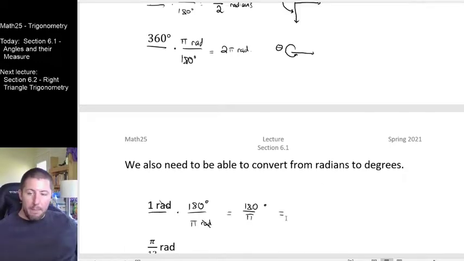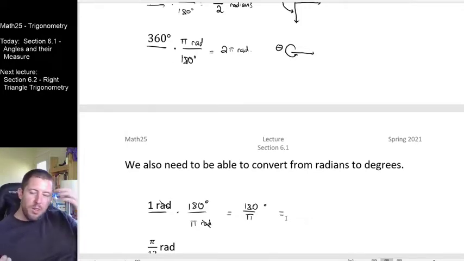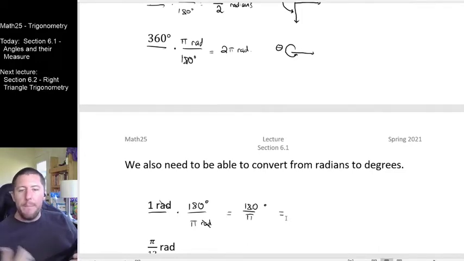I think that this one in particular is worth going to the calculator. We're going to get kind of a crappy decimal, but it's worth it for you to be able to make a visual estimate in your head. How big is 1 radian, right? So if I go to my calculator and do 180 divided by pi, I know that pi is like 3.14, so about a third of 180. It should be about 60, and I get